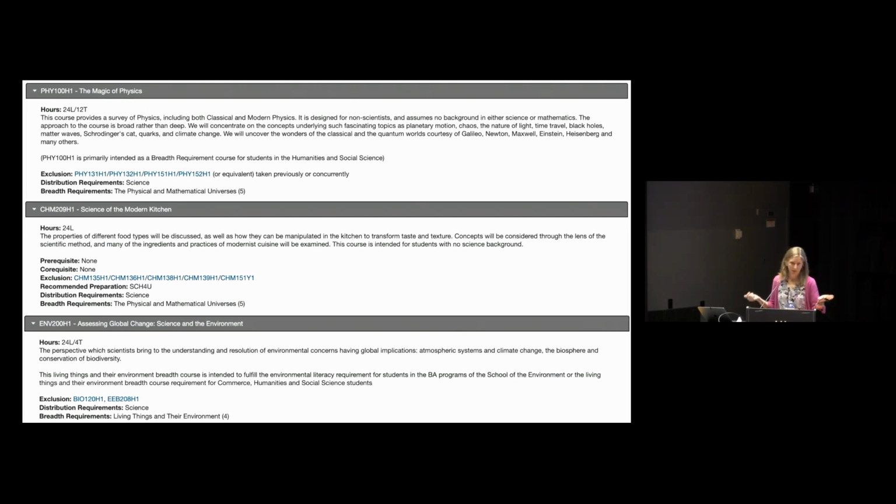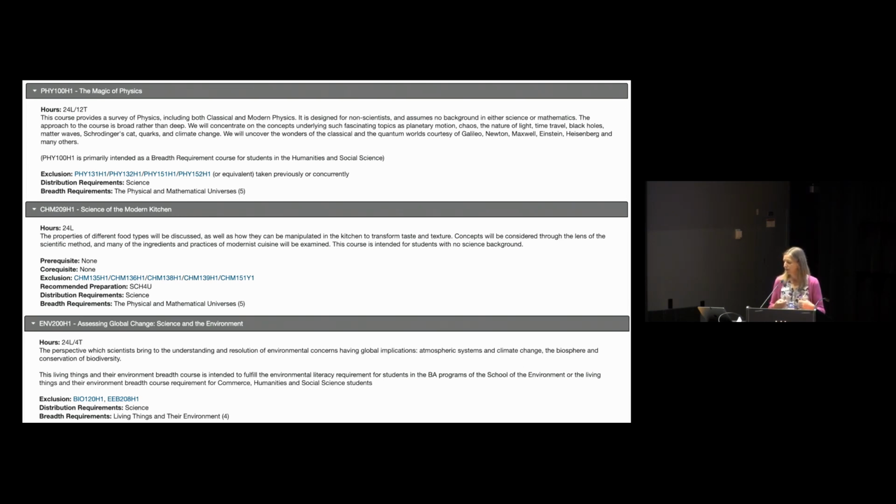So the magic of physics, first of all, it doesn't sound so scary. In the parentheses there, it says it's primarily designed for students to fulfill the breadth requirement. In fact, under exclusion, those are first year physics courses with labs. If you've taken those courses, you're actually excluded from taking this magic of physics course.